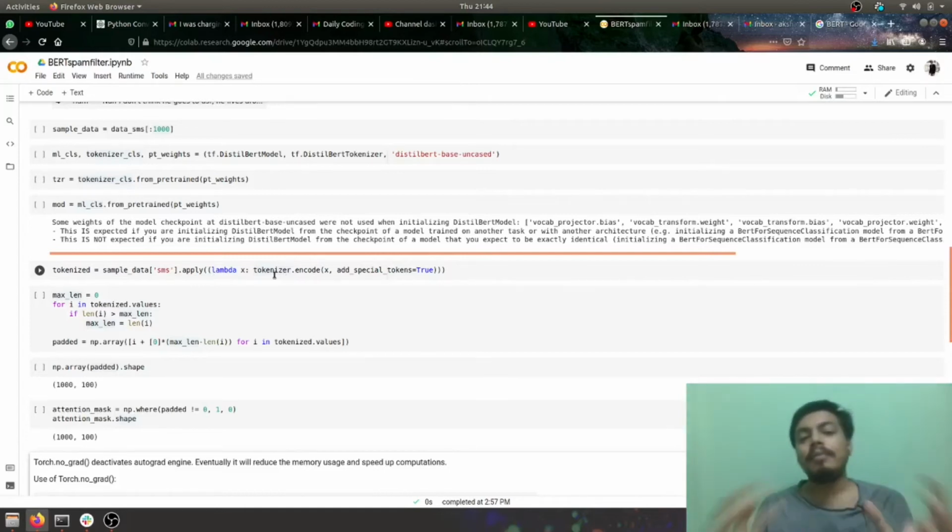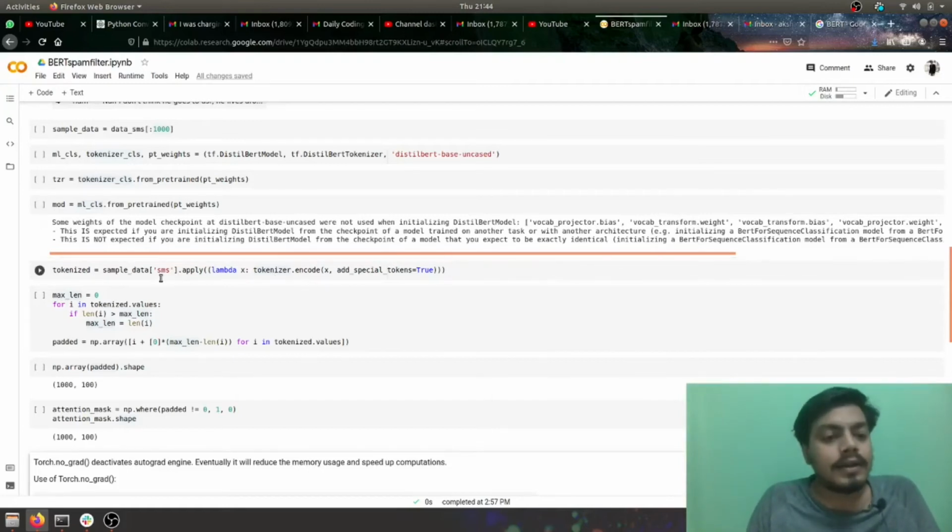What happens in BERT is that it adds two special tokens, CLS and SEP, to each sentence, and with the vocabulary size, each of the words in that entire sentence gets converted into numeric form. Okay, and so here I've applied my tokenizer and I've encoded it.